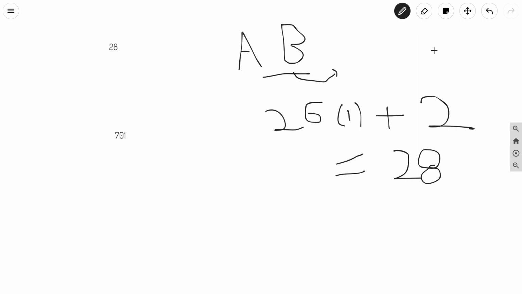We can do it in the same way as we break the decimal representation to get the binary representation. The only thing which differs here is that in binary representation the base is 2, here the base is 26.